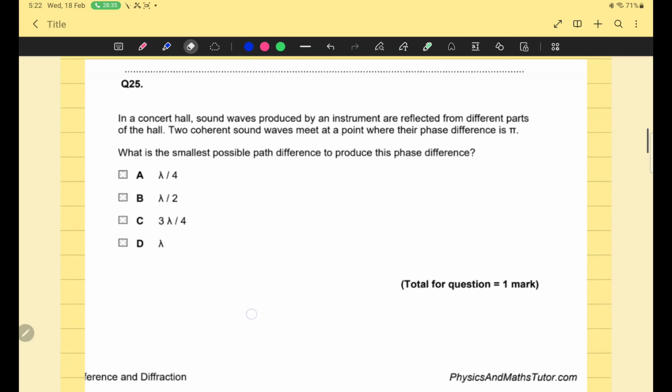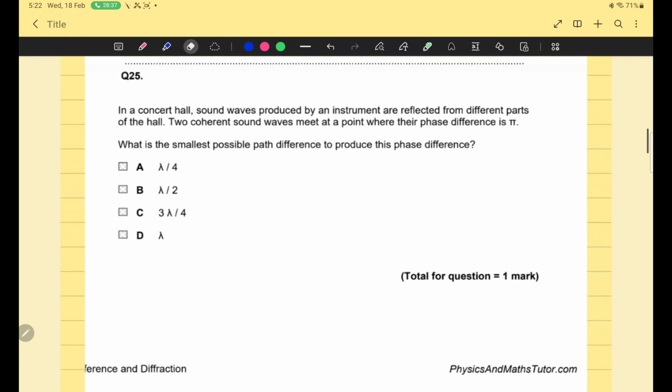And now another question. In a concert hall, sound waves produced by an instrument are reflected from different parts of the hall. The two coherent waves, I will explain the meaning of coherent later. The question is, if the phase difference is pi,